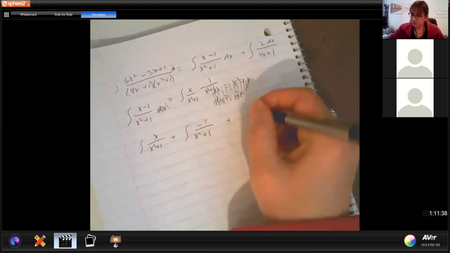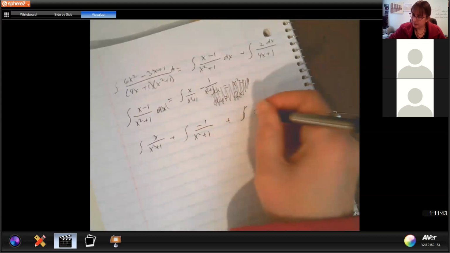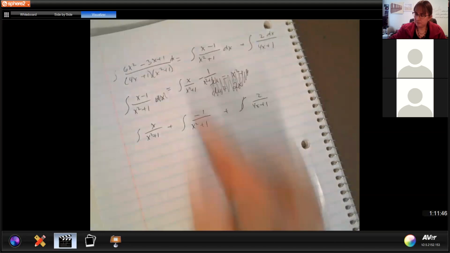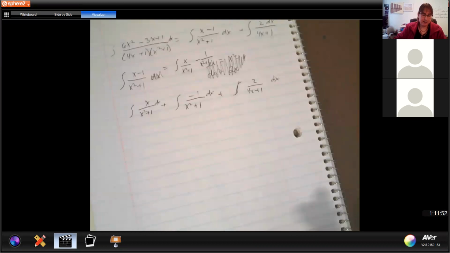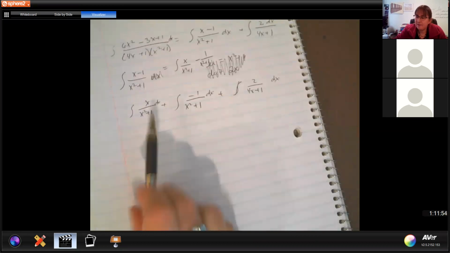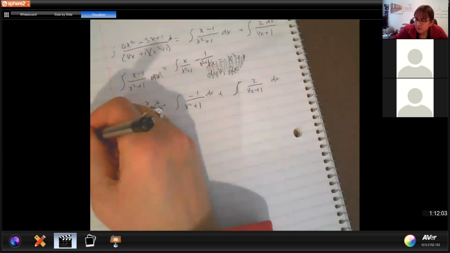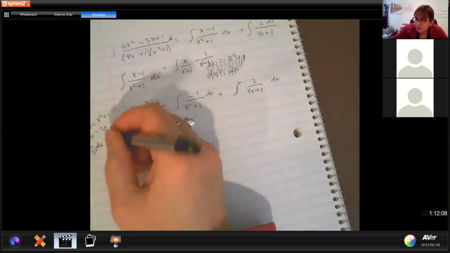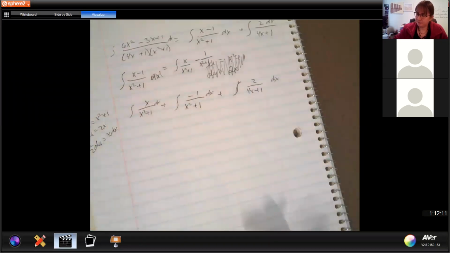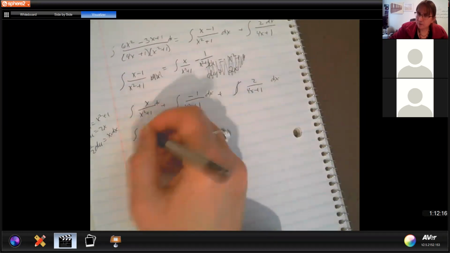And I still have that 2 over 4x plus 1. And I am forgetting my dx's all the time here. All right, to solve this one, I use u substitution. U would be x squared plus 1. Du equals 2x. So 1/2 du equals x dx. Well, I have an x dx, so it's 1/2 du over